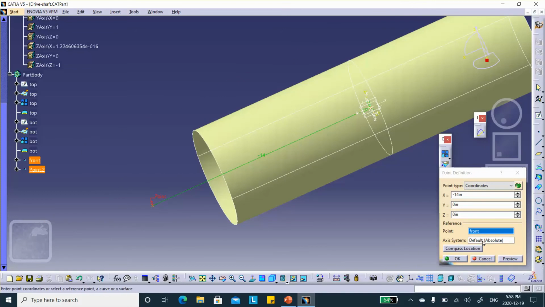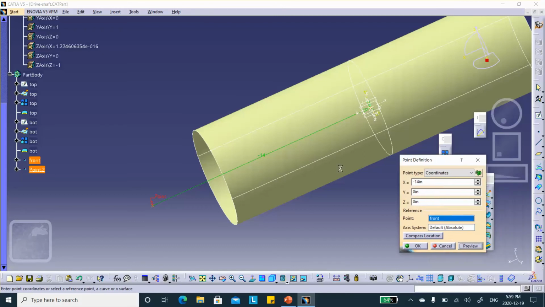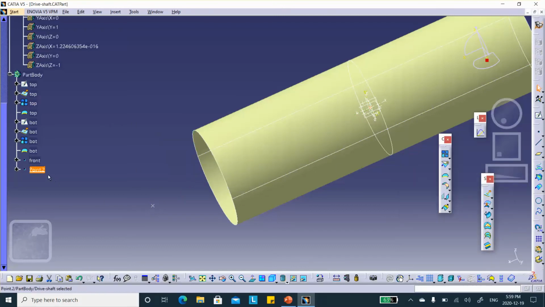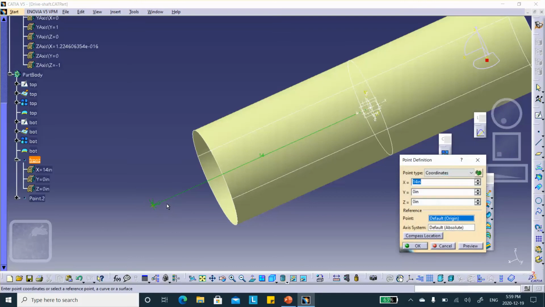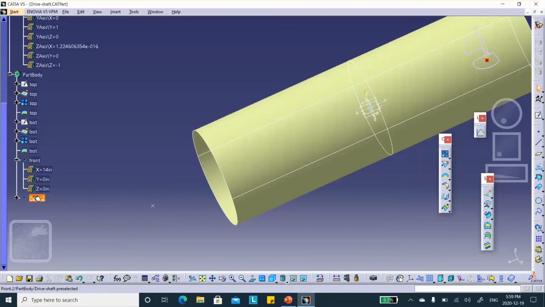Minus 14. Preview. Let me see, cancel that. I'm having a problem getting this other point there. This one is right there. We can see that, there's no problem. Okay. This other point,